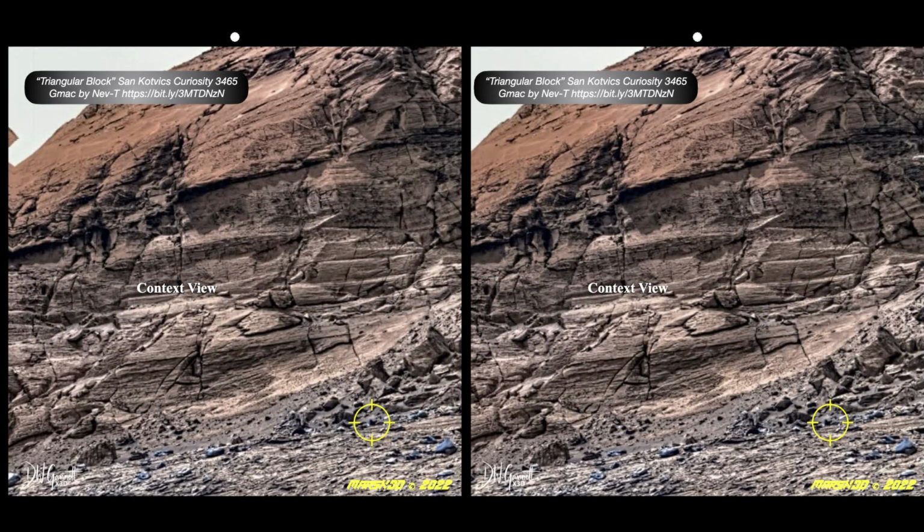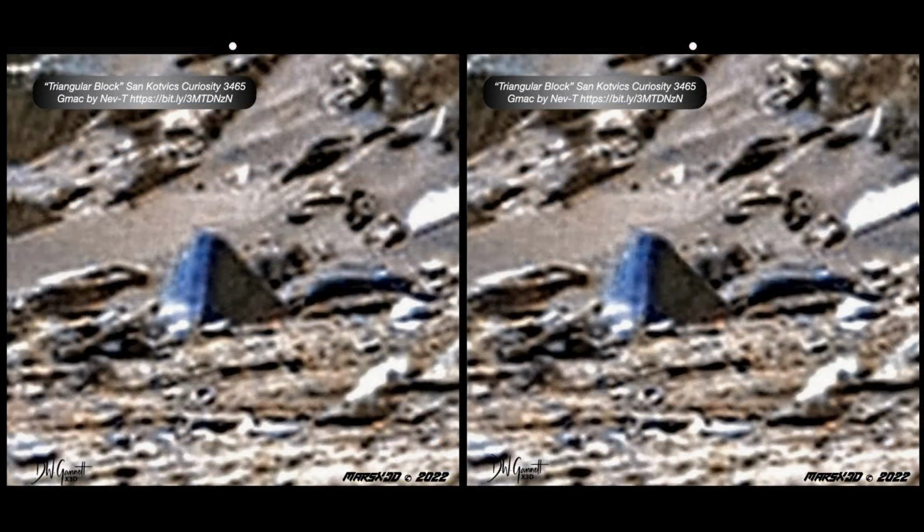Researcher San Gothic shared this one with us just the other day on our Facebook site. Let's take a closer look. People often want to know, why are the colors like that? Well, first of all, let me tell you, this is a color-balanced image, and that is the actual color, our